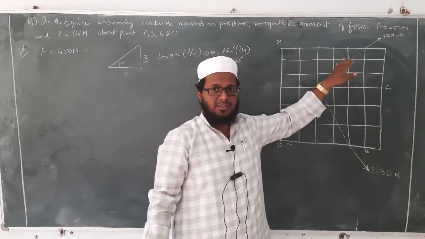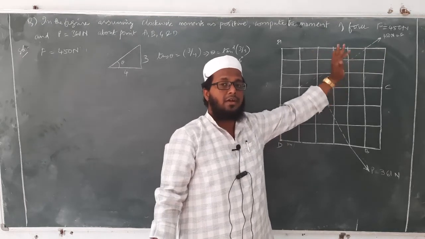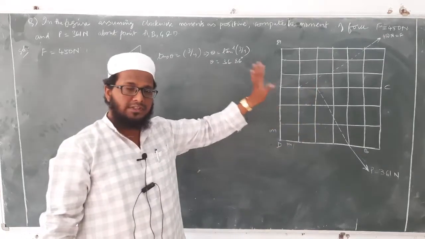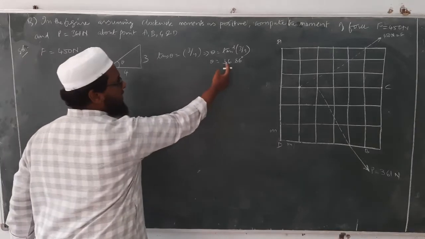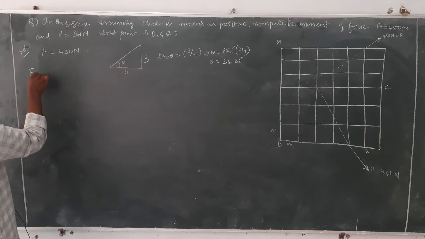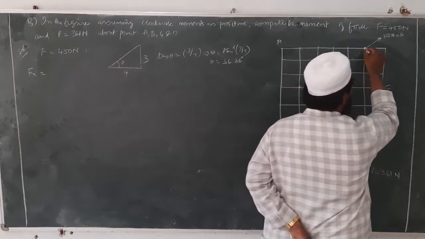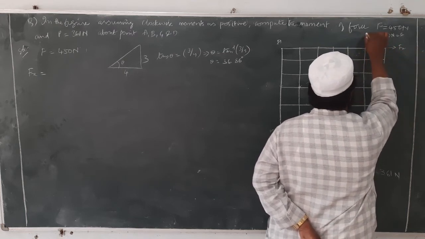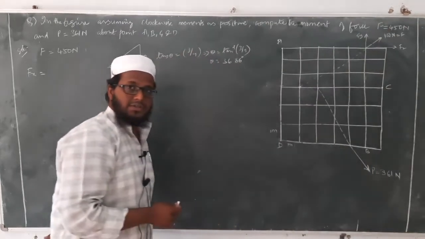Okay, these boxes are not given arbitrarily, they are given to identify the inclination of the forces. Along with that, we will see what is the use of these boxes in calculation of moment. Okay, so theta we got as 36.86. Now can I calculate Fx? Yes. See here, my Fx will go in this direction, and my Fy will go in vertical direction. I have two components now.